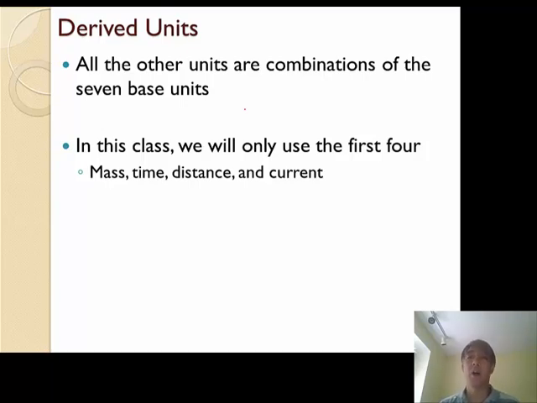Mole and temperature, mole and Kelvin you encountered last year in chemistry, and we will use them again in junior year and senior year physics. And light intensity we actually don't use almost at all. So,